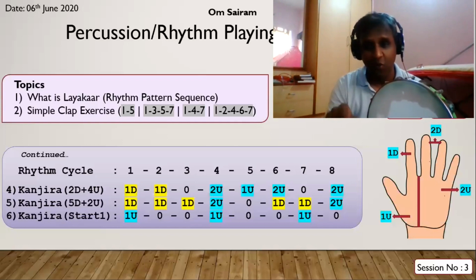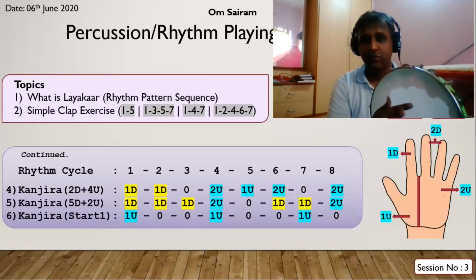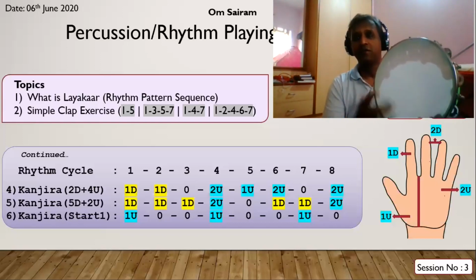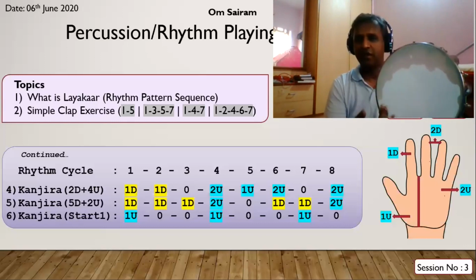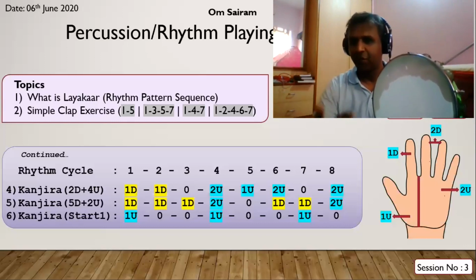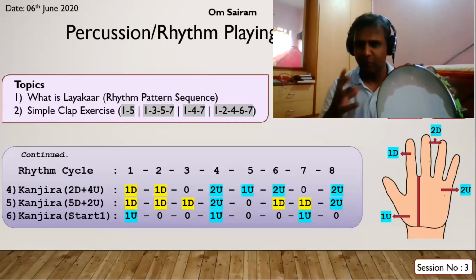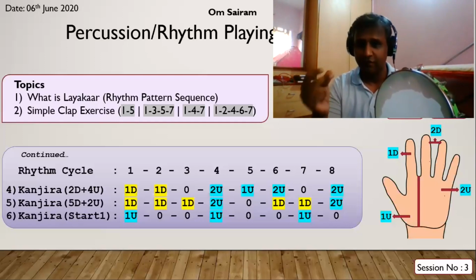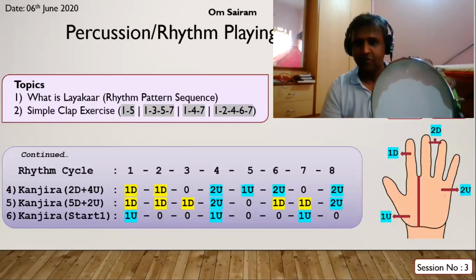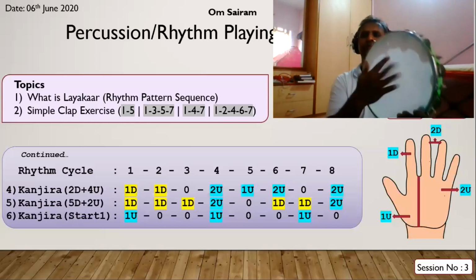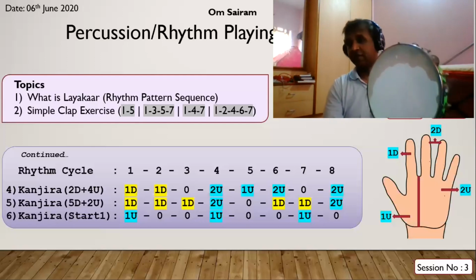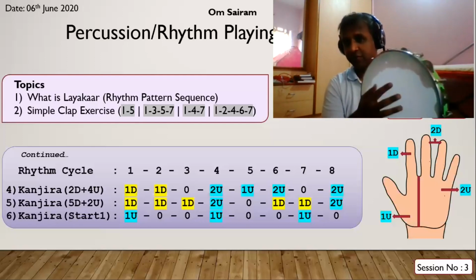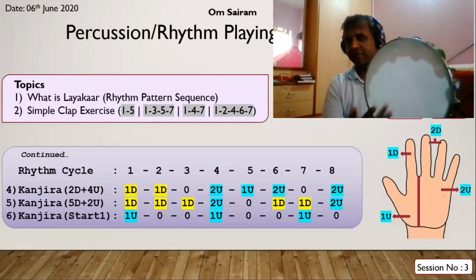If I take it slower, 1, 2, 3, 4, 1, 2, 3, 4, it's very slow. So it's a double of this, and you should take one more double step. I mean, for every beat there are 2 beats. So 1, 2, 3, 4, 5, 6, 7, 8, 1, 2, 3, 4, 5, 6, 7, 8.